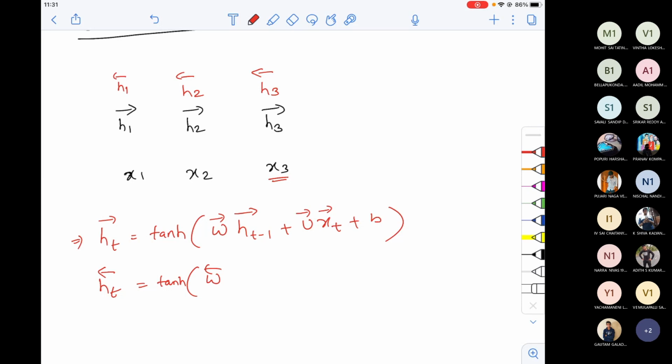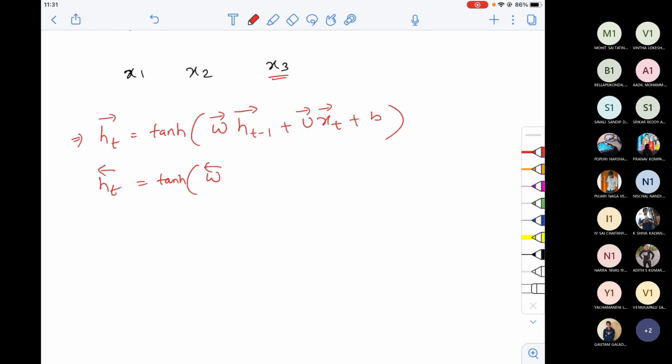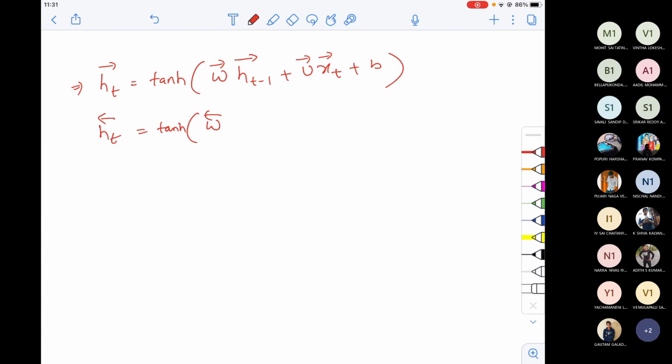See, it's very, very simple. For example, if I give you a word to read in the forward direction, you will write. For example, I give a certain word called computer. When I start writing C-O-M, when I write P, when you see U, when I write T, then you can guess. Your mind will tell, oh, he is writing computer. But now assume that I'm writing some other word. Now your analysis will be different. Now can you guess, I'm writing from the back? Can you guess what is the word that I'm writing? It will be difficult for you because your mind has been tuned from the beginning.